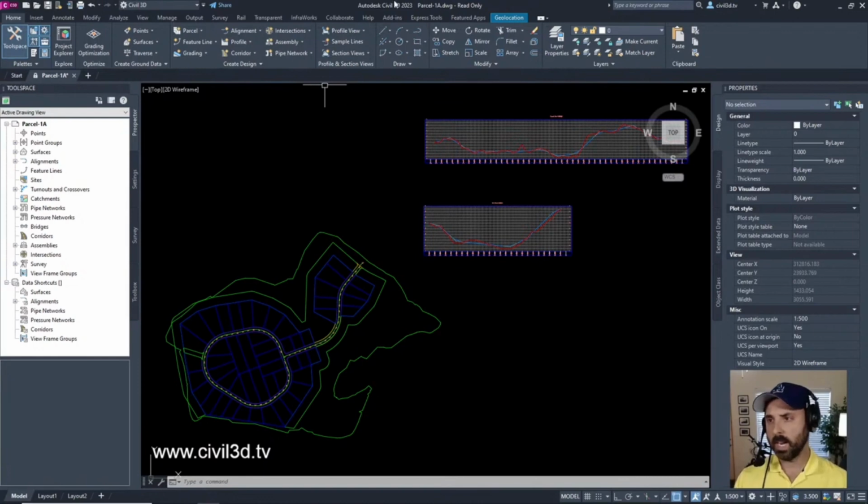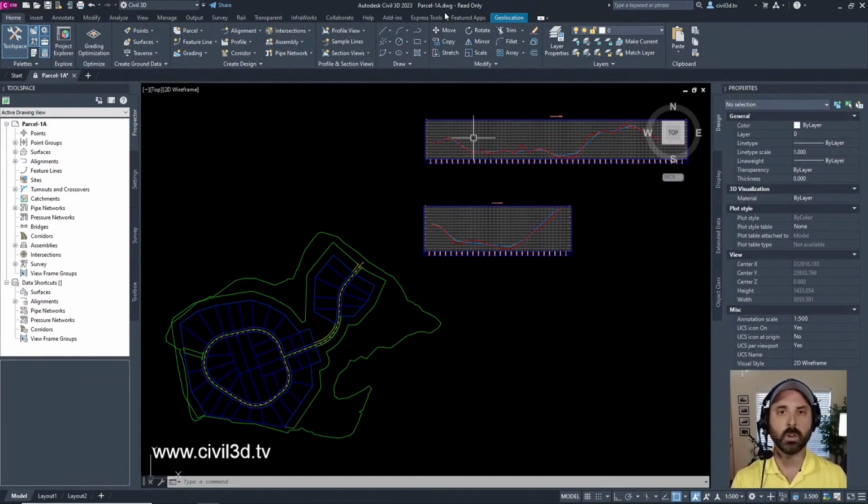So right now I'm in a parcels drawing, parcel 1A, within some of the coursework. If you're interested in finding out where the exercise files are, a lot of these exercise files come with a stock installation of Civil 3D. If you do a little bit of a search within your help files that come pre-installed on your installation of Civil 3D, this is where a lot of the exercise files come from.